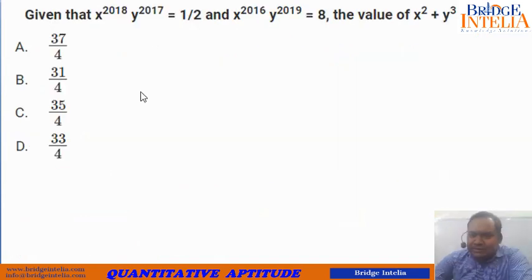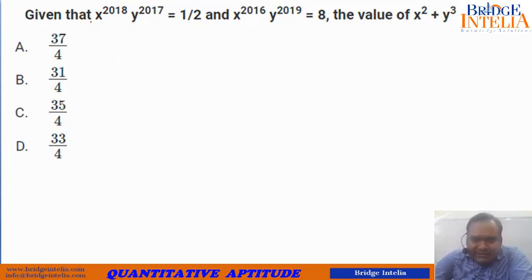Now let's move to the next question. This question has been asked at least 2 to 3 times in the last 5 years in various competitive exams. It is such an important question that it has been asked more than a couple of times. So now let's see how you can go about cracking this pattern of questions. If you look carefully, huge exponents have been given: x to the power 2018, y to the power 2017. Obviously they are not expecting you to actually solve this. There must be a way out, there must be a shortcut. So let's have a look at that.